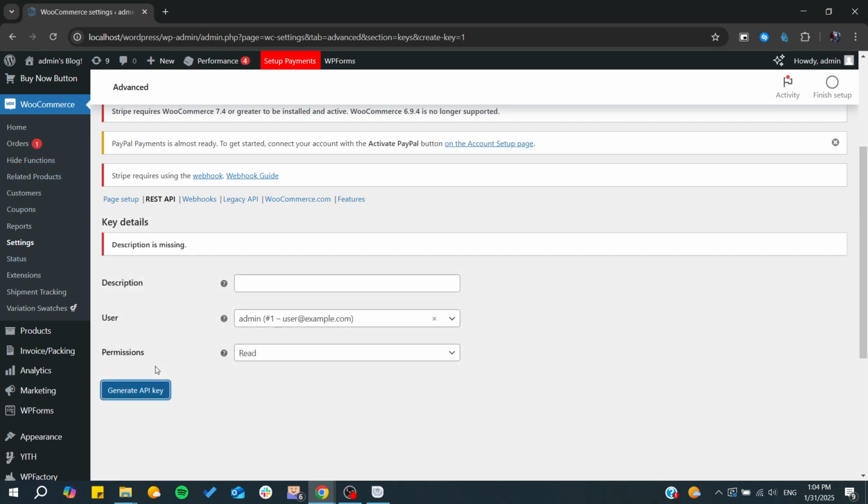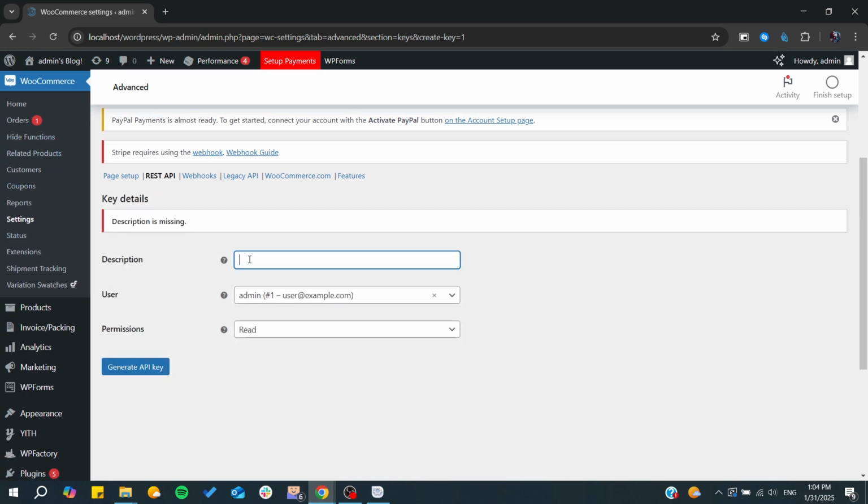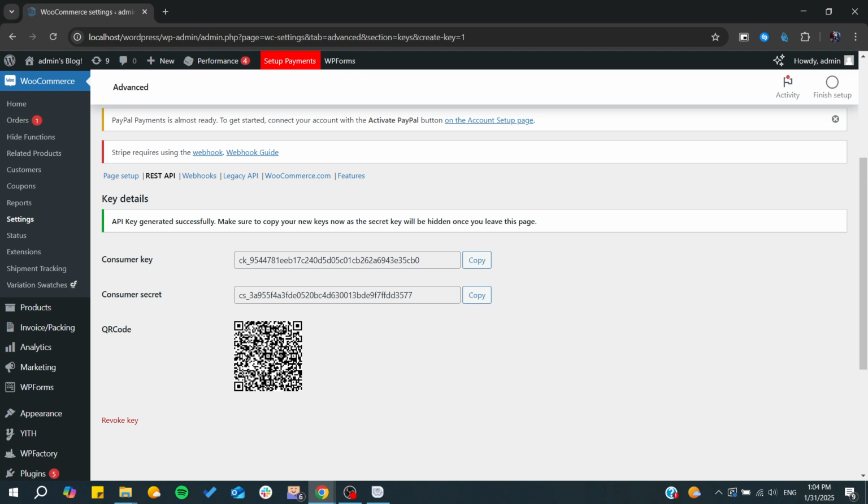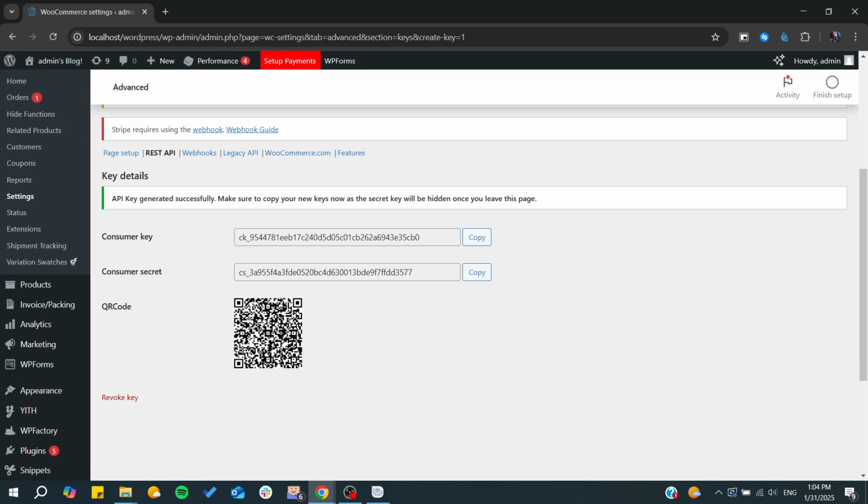You generate the API key, and basically I'm just going to add it here and click on generate API key, and those are the consumer key and secret key. Make sure that the secret key doesn't show anywhere, so always keep it secret or hidden, and after that you can start communicating simply with this API key. So you will need just to use your